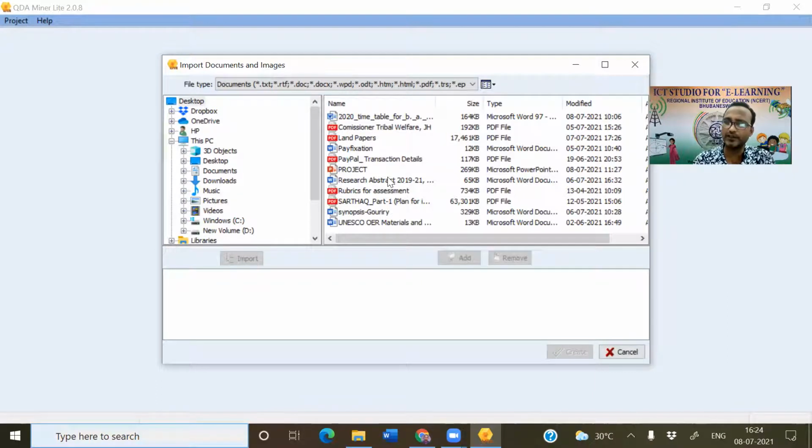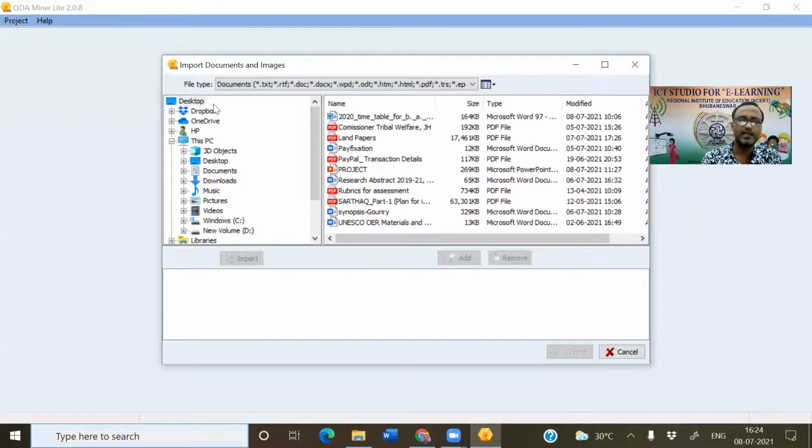What is the location of the data? I think you can remember that when we import data from Excel to SPSS, we also give the name of the file and the location of the file, then we can import it. Similarly now.